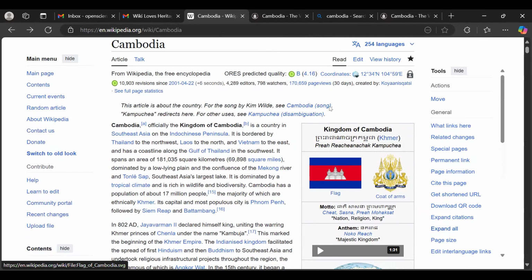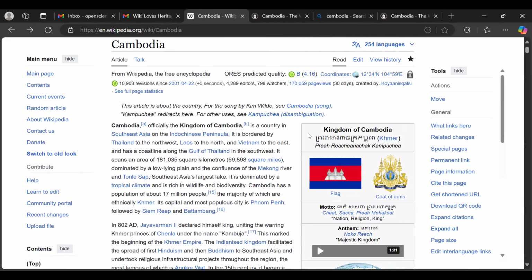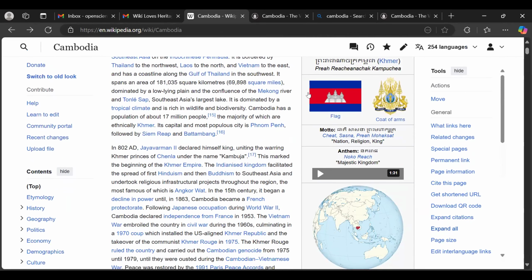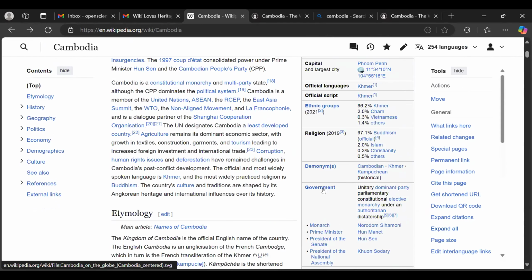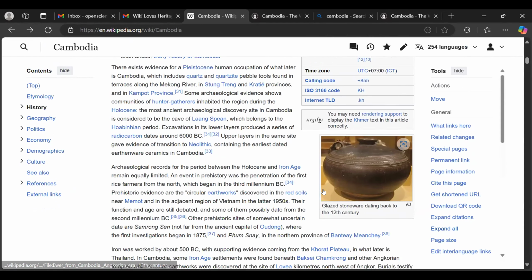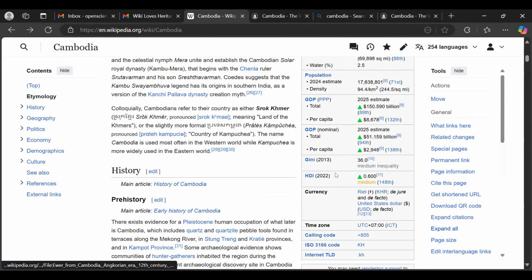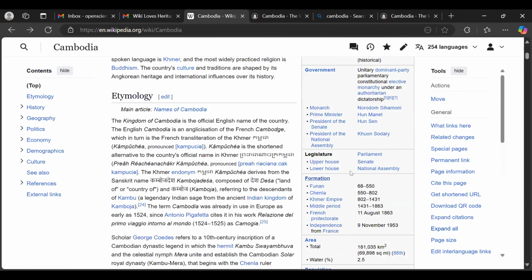Now, if you look at the structure of the article, we have what we call an info box, which is here. This particular content you see here, a snippet of information about everything on Cambodia, structured like this, is called an info box. The info box has the most useful information that you need about an article.